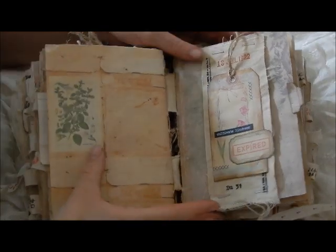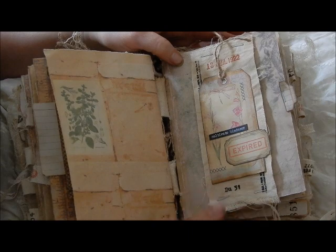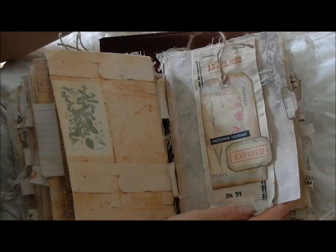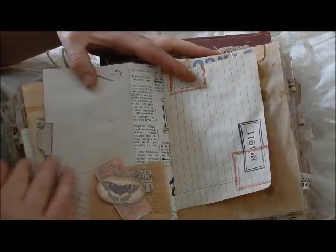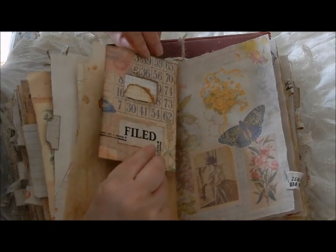Of course my battery died, so I had to replace it. I was saying this is a belly band, and I didn't put anything in there, but it's stamped fabric with tag and just a cluster here. And this is